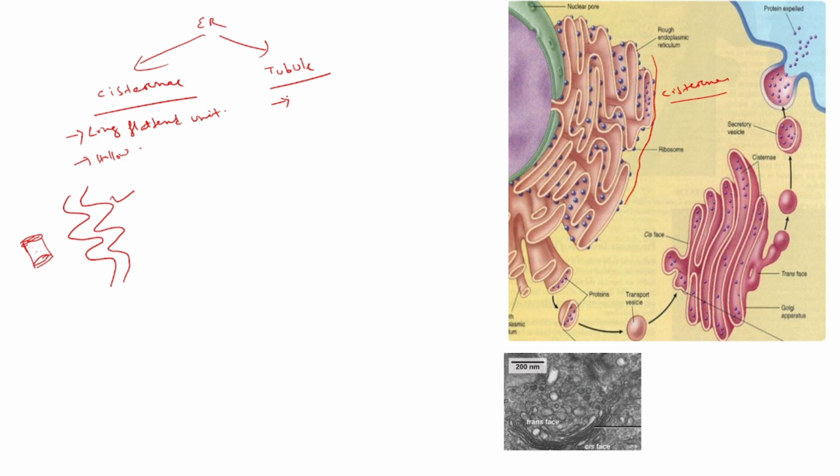So what is the tubule? The tubule, as the name suggests, is a tube-like structure. It looks like this. Here also it is a tube-like structure. So they are called the tubule. So that means inside the cisternae and the tubule, like a pipe, there is a hollow part. So in the ER, the ER is classified again as luminal,